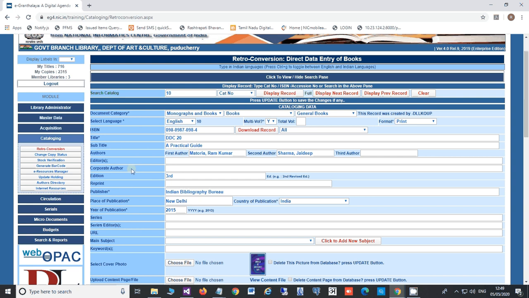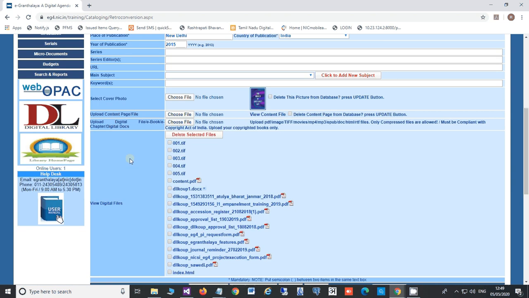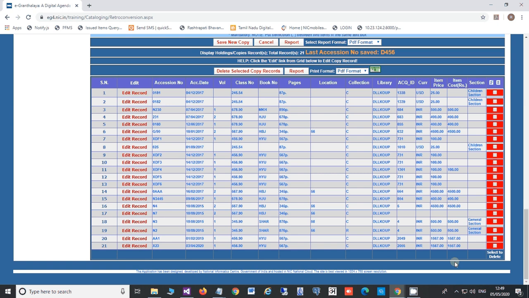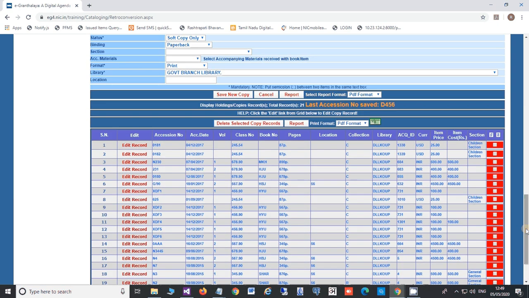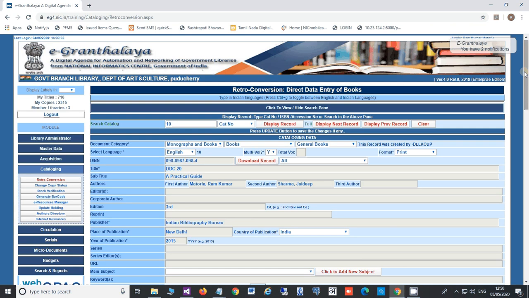In that situation, you display the record, there is no need to create a new record, and you go to the bottom and add a new copy. So add your copies here. Here you can see the copies of this book available in your library. You cannot see the copies of other libraries. So this is one scenario where, in case a record of a particular book is already there, there is no need to add a new record, and you can add your copies.